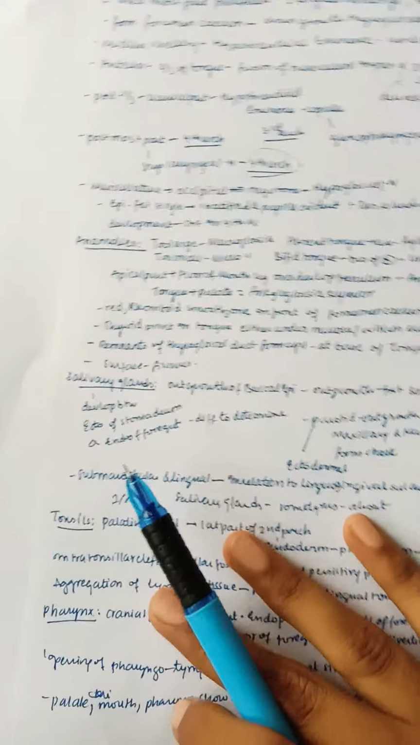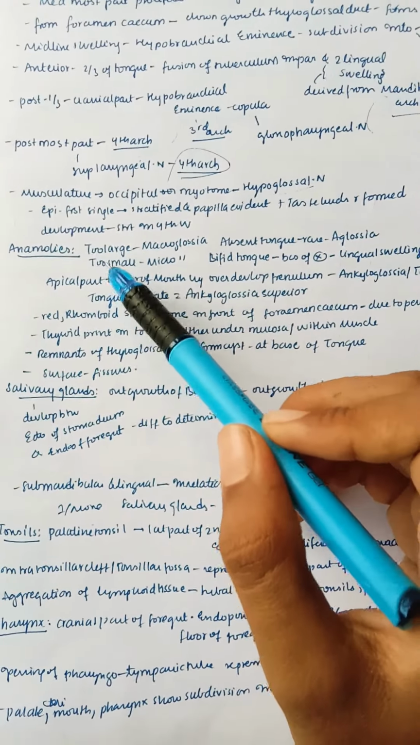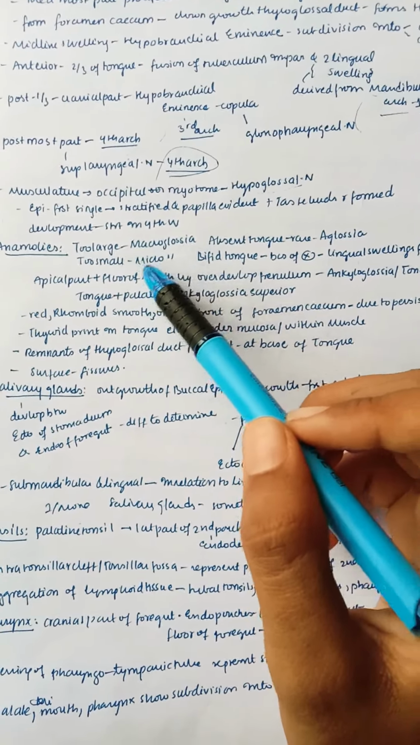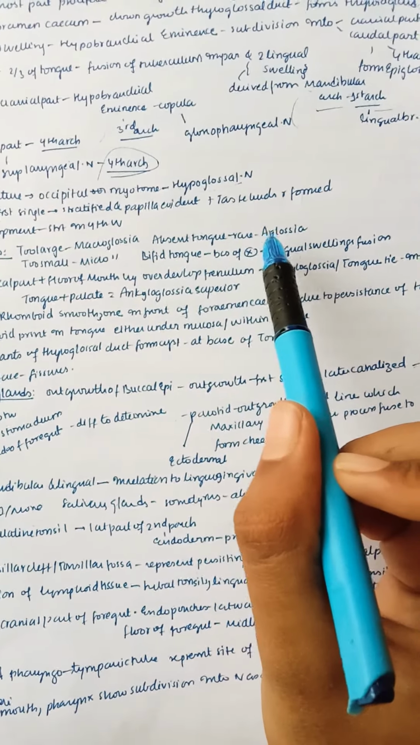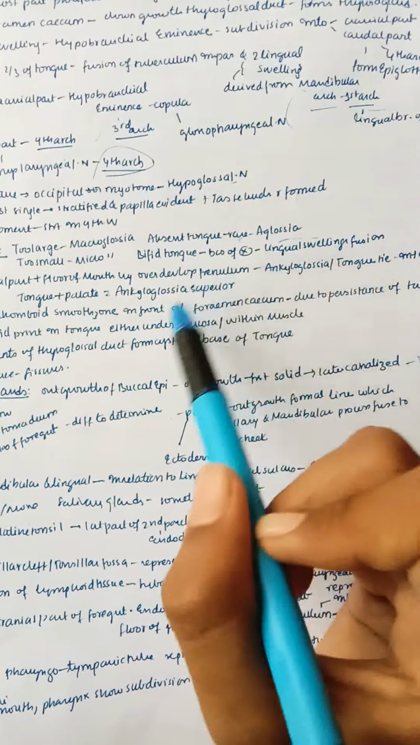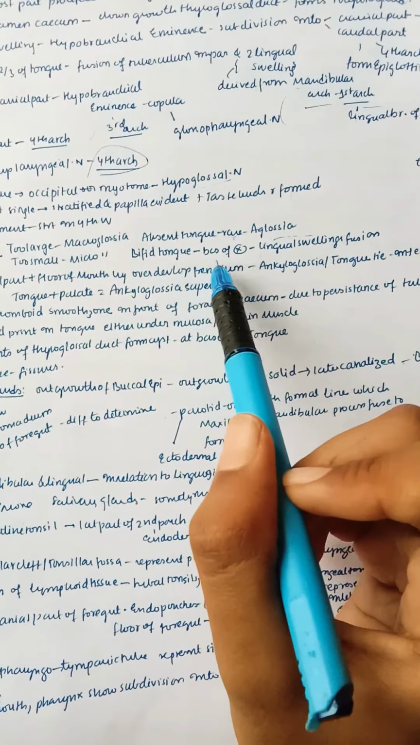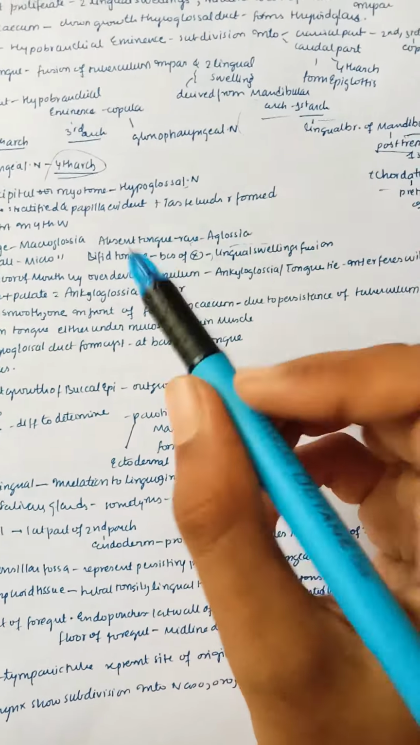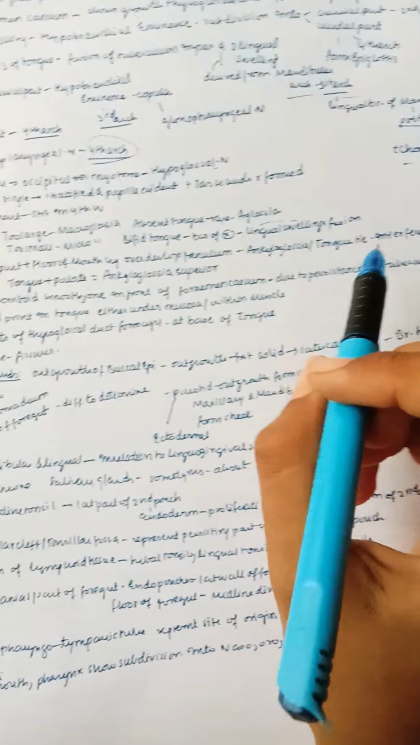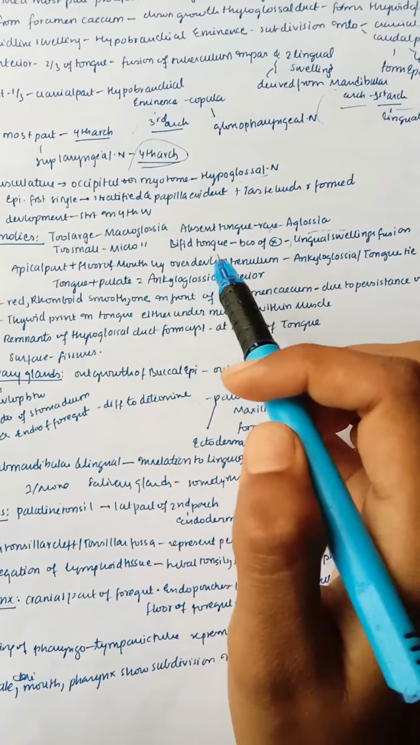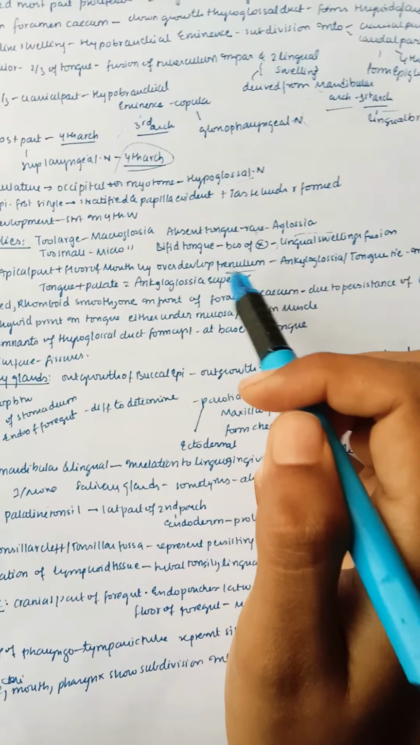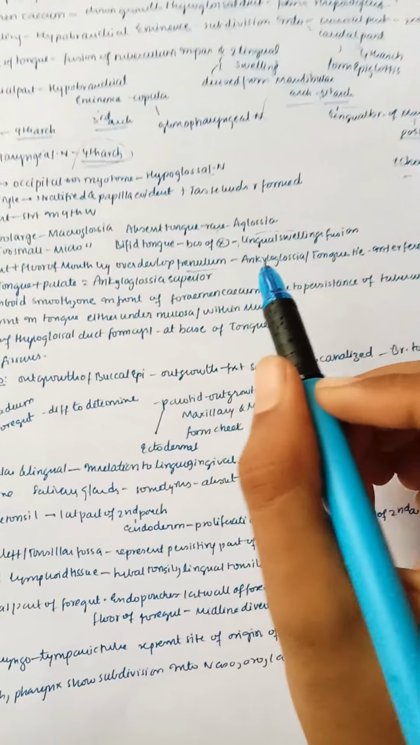So let us see some anomalies in the tongue. Sometimes the tongue may be too large, then it is called macroglossia. If it is too small, microglossia. And sometimes the tongue is completely absent, it is a rare condition, then it is called aglossia. And a bifid tongue may be present because of incomplete fusion of the lingual swellings, and the apical part is sometimes attached to the floor of the mouth by overdevelopment of the frenulum,